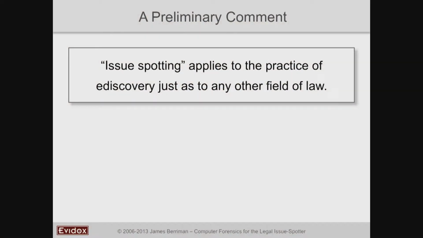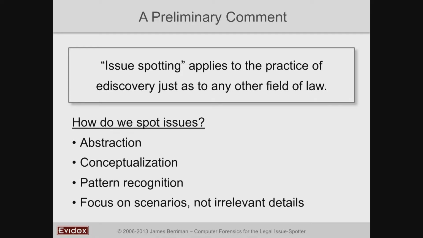And so if you've heard me speak at other events, you know I usually start with this slide, which is that issue spotting applies to the practice of e-discovery just as it does to any other element of the law. And what does this mean? It means basically that the attorney is not going to get lost in the minutiae. The attorney is going to conceptualize, going to abstract, going to look for patterns, and then use that to identify claims, defenses, to identify the issues with which the attorney will address to prevail in their case or get the